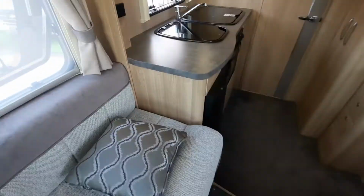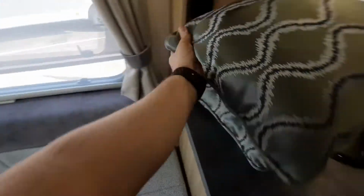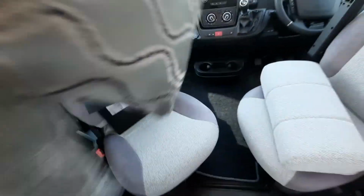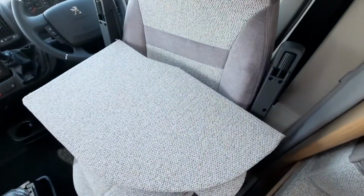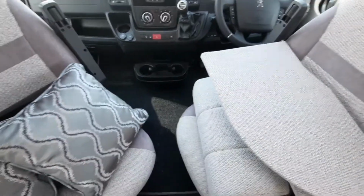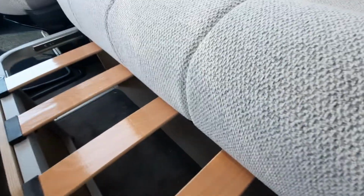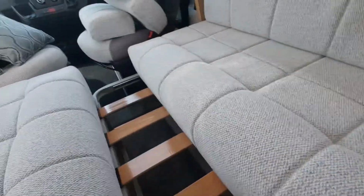So moving to the bed. The bed I always find easiest if you remove some of the items off there, and I'll do this in a few stages. So first step is to get all the cushions off here, and then the support brackets just moved out of the way. Then what we want to do is lift up, which you'll see there's little cutouts in the frames which just allow you to then lift it up and out over the carpets. And again, the carpets are fully removable, so if you want to do that you can just unclip them from the press studs, and then all we want to do